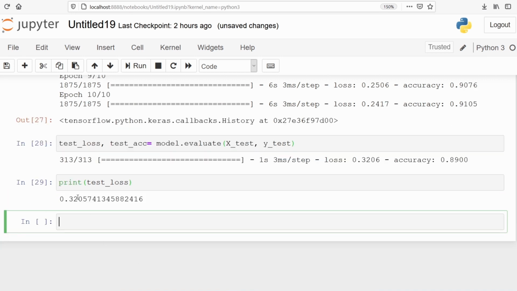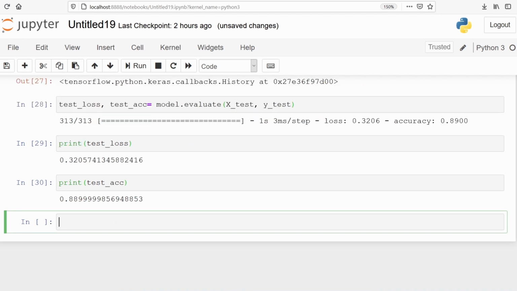We can see the loss is 0.32, 32%, and accuracy is 0.89, 89%. We can also print accuracy separately if we want. The overall accuracy of the model is 0.8899, approximately 89%, and the overall loss is 0.32, 32% loss.